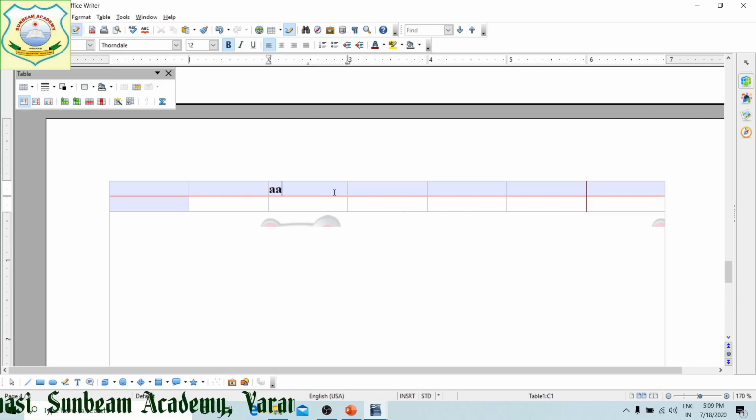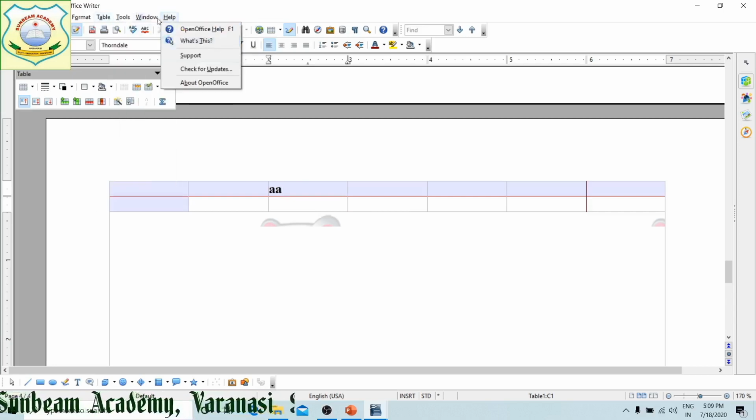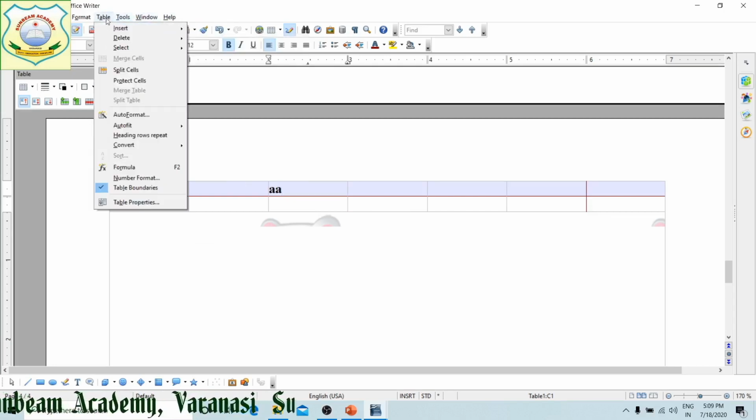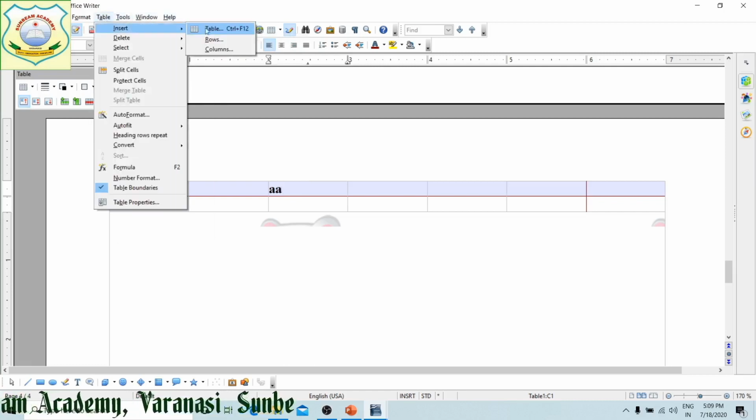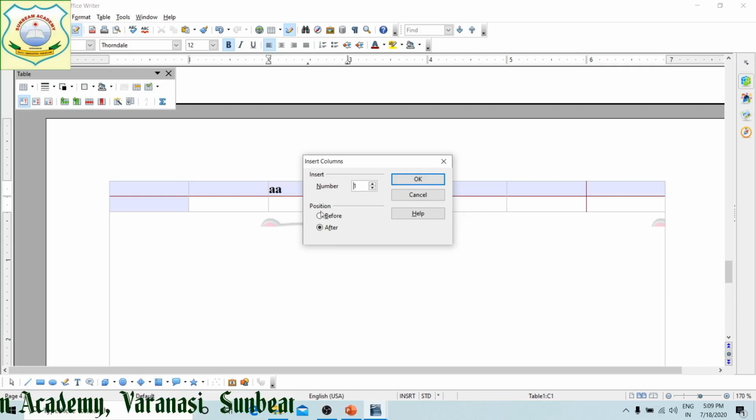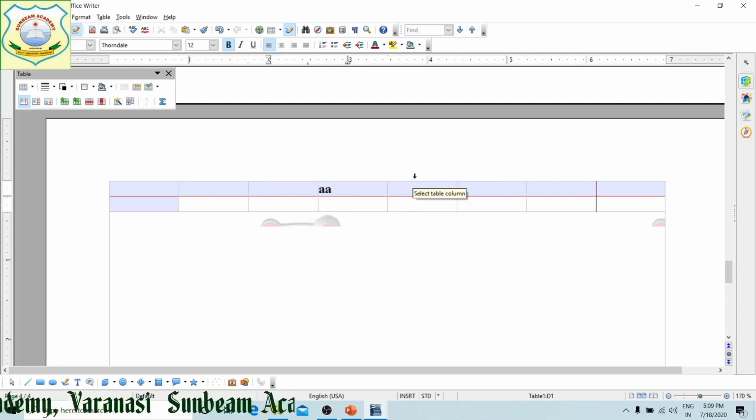I have written A over here, right? My cursor is here, table, insert column. Before, now you can see it is now at 3rd column, it will become 4th one.